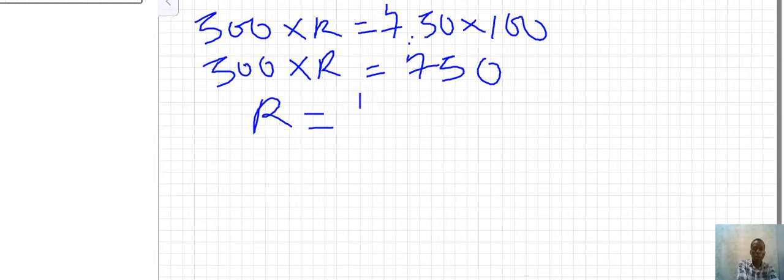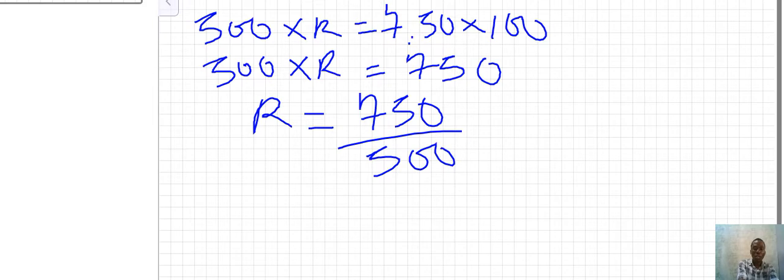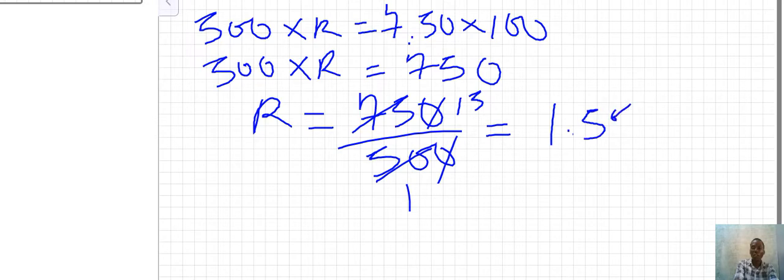Our R will be 750 divided by 500, where this will cut this and we'll be left with 75 divided by 50. And how many 50 in 75 here will give us 1, and 1 point that will remain 15. So we'll have 1.5